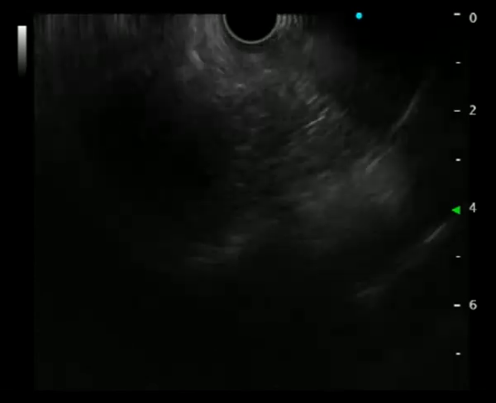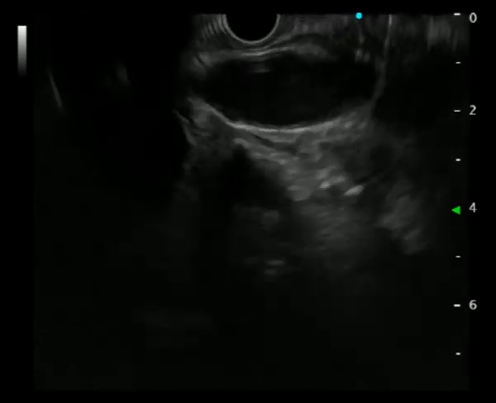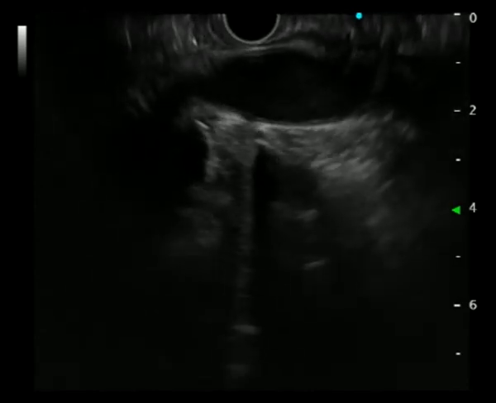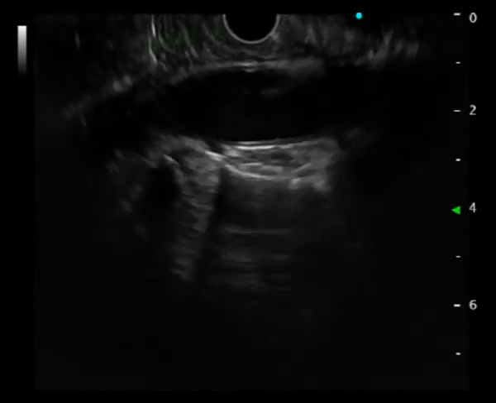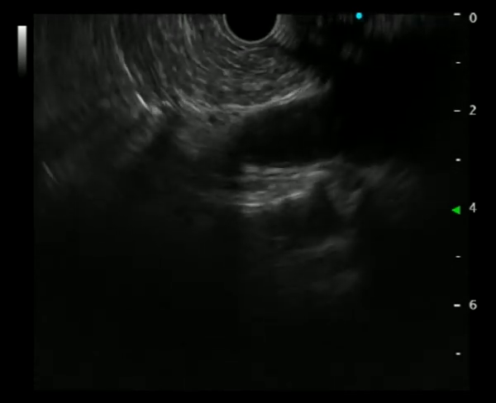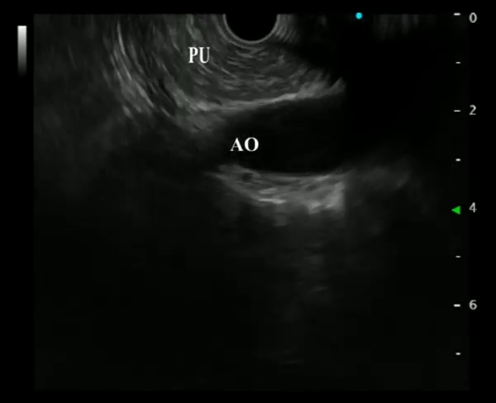Next, two maneuvers were performed in succession. The tip of the scope was deflected up and right. Then the endoscope was withdrawn to about 60 cm from the incisors to reduce the gastric loop. The scope thus entered the descending part of the duodenum, where the aorta came into view as the first anechoic